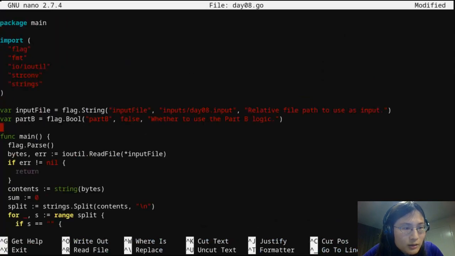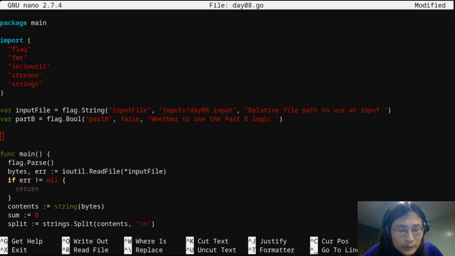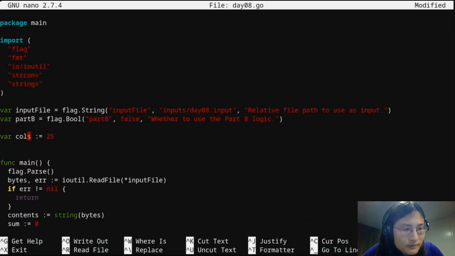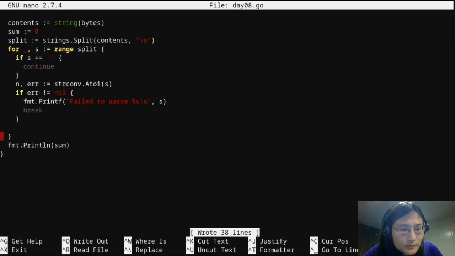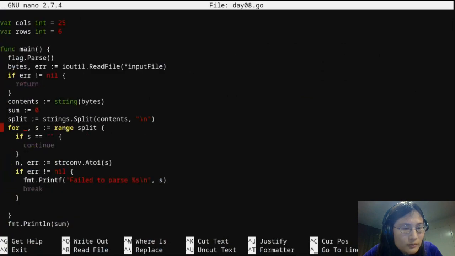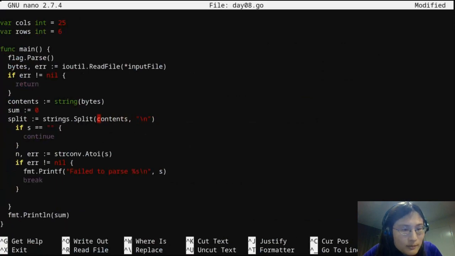Okay. 25 pixels wide. Rows at 6 pixels tall. Excellent. Cool. So we need, oh, this is just all in line. So okay.